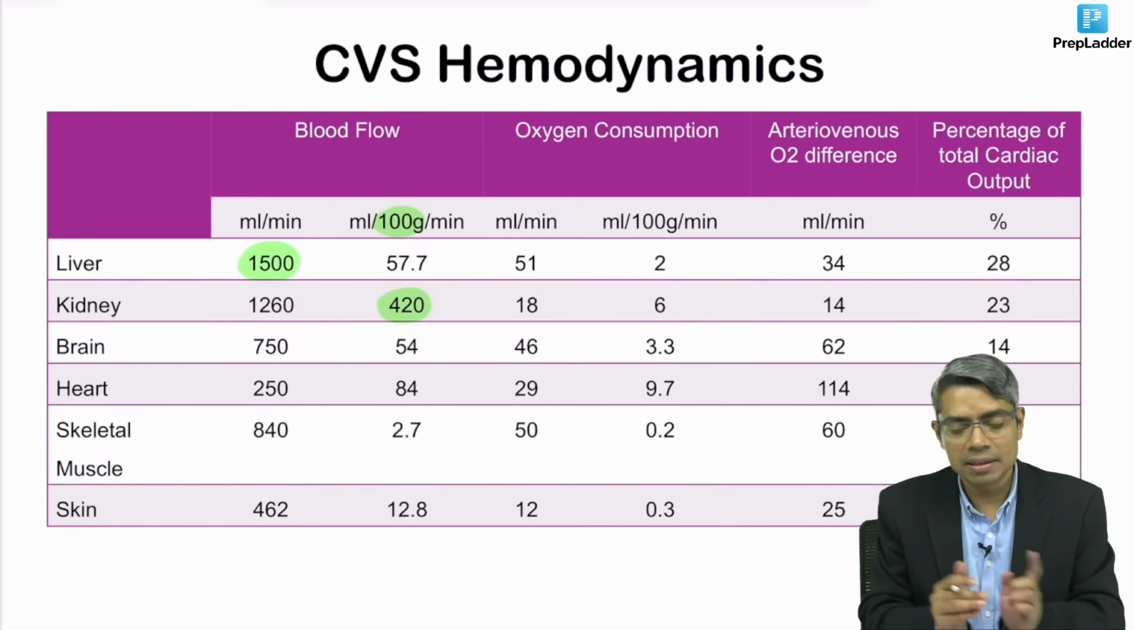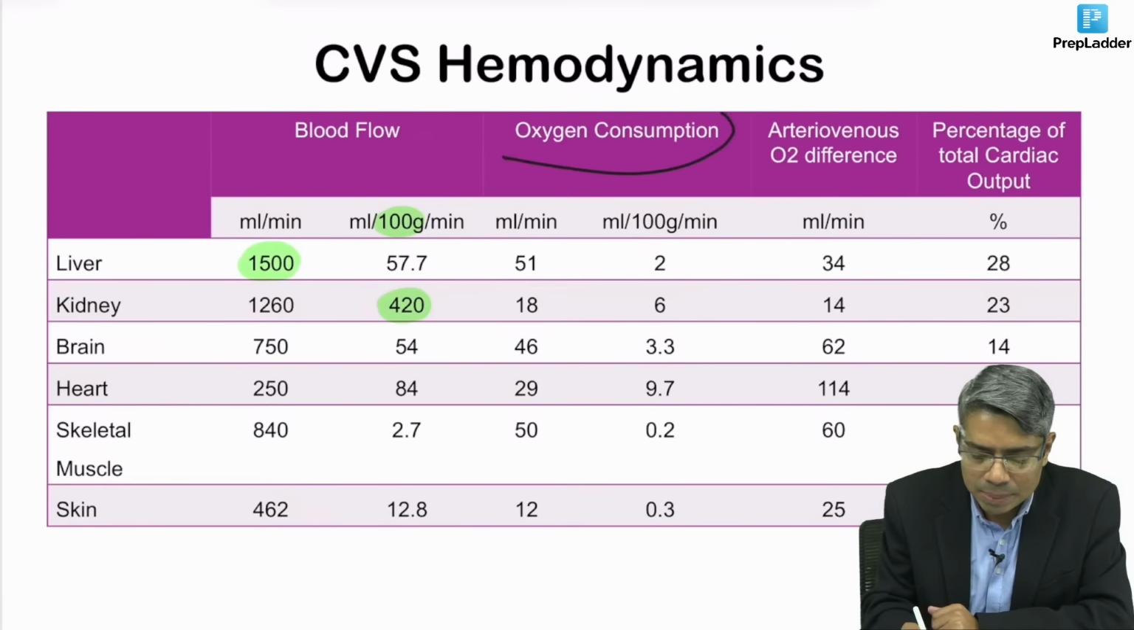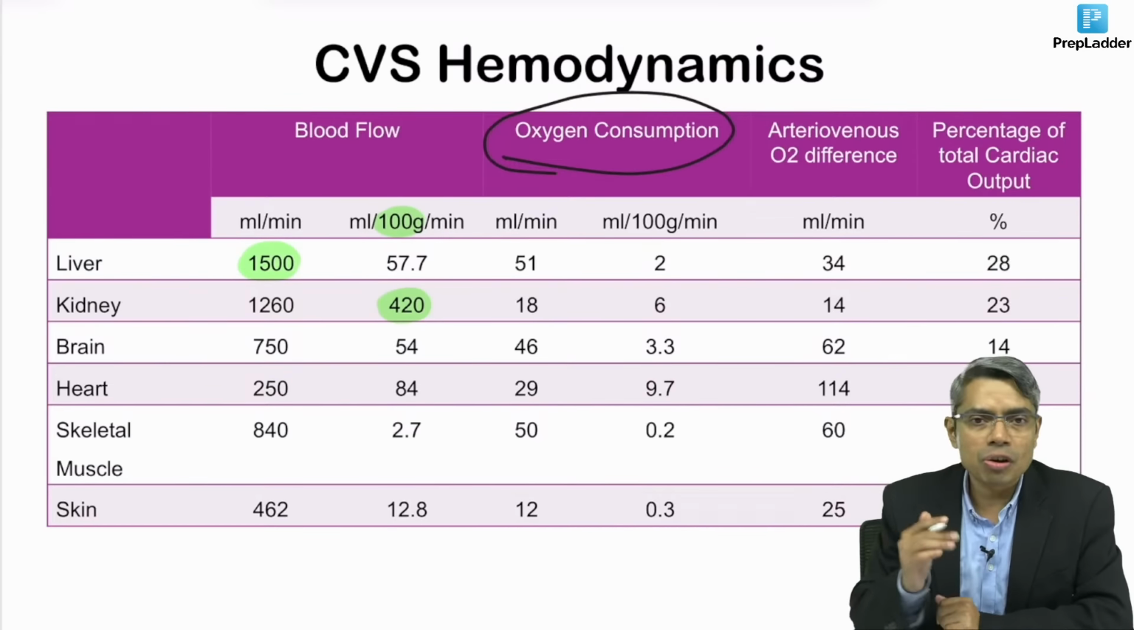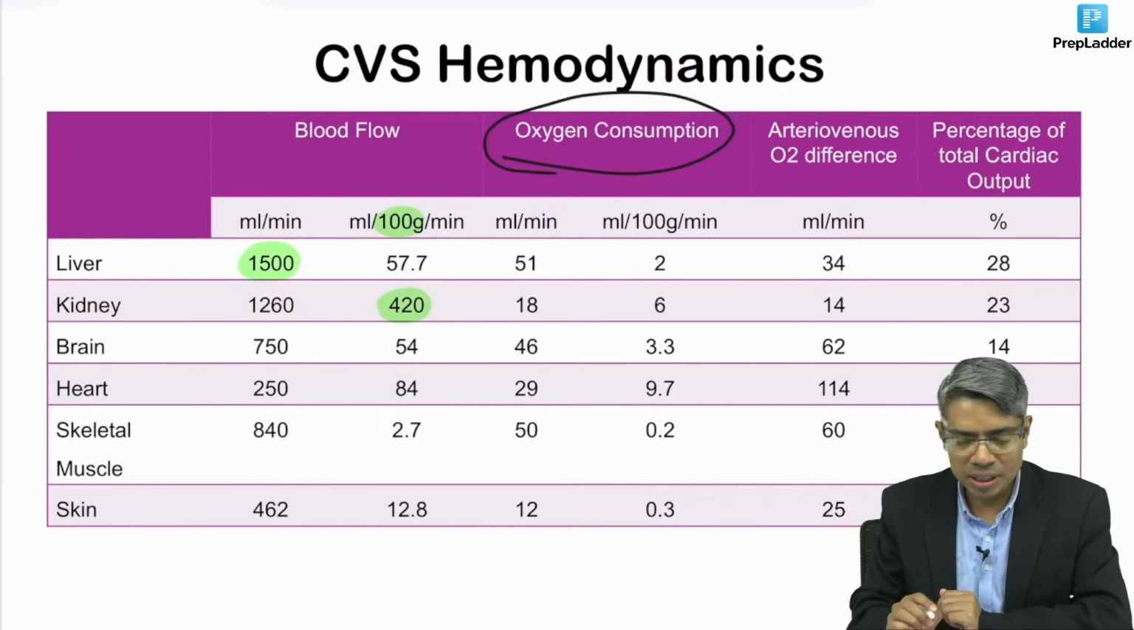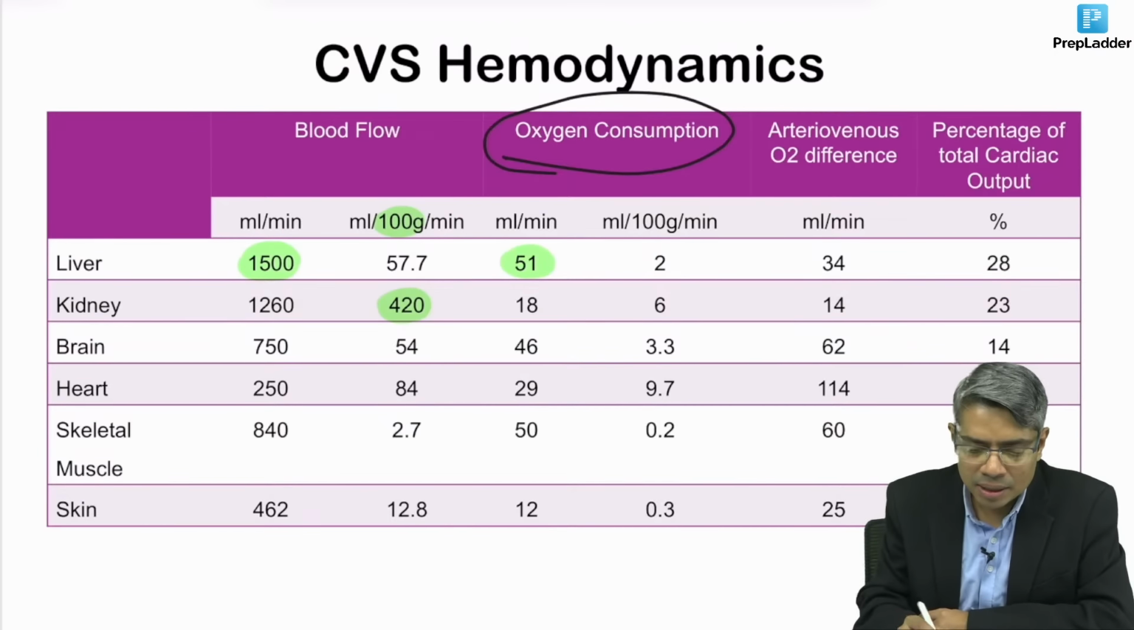Your kidney is the answer. Next, look at here, oxygen consumption. If the question is oxygen consumption is maximum in which organ, total oxygen consumption they are talking about, then look at here, again the liver. If the liver is not there, your answer will be the